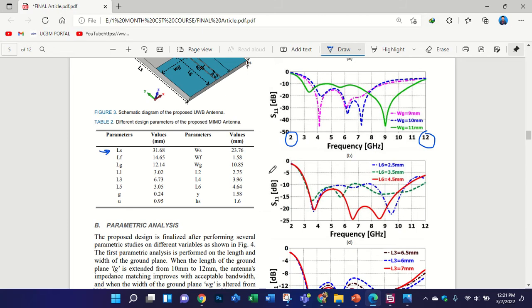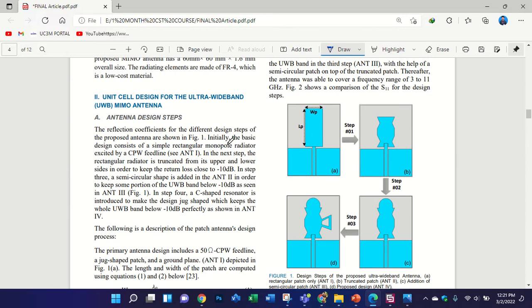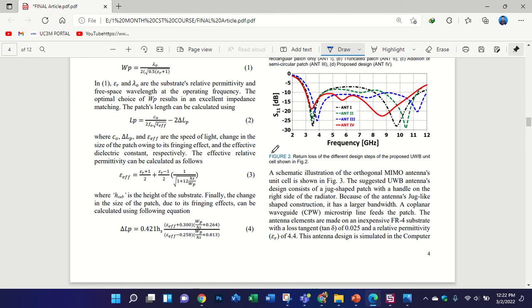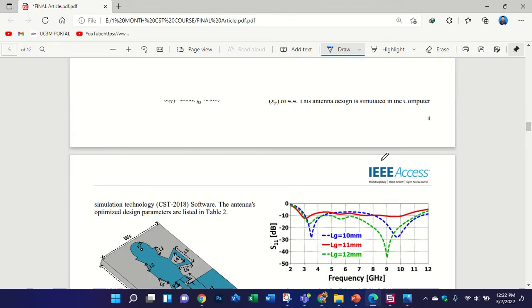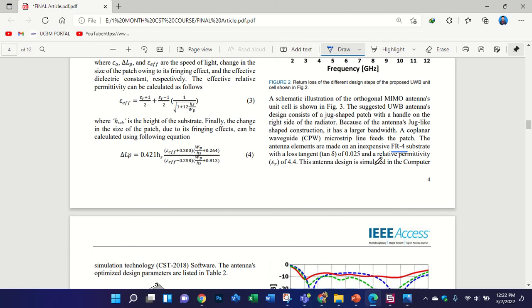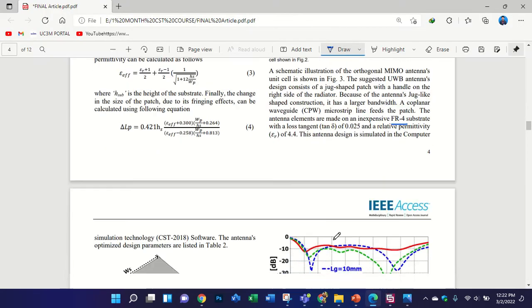Okay, so now the length of the substrate. I have used here FR4 substrate. Sometimes the reviewers ask you to shift your paragraphs, like I wrote this paragraph in this section, but the reviewer has asked me to change it. So we have used FR4 substrate, and I'm going to use here sub as substrate. You can only write sub. Okay, and width of the substrate, length of the substrate, and the thickness of the substrate. So what is the width of the substrate? The width of the substrate is